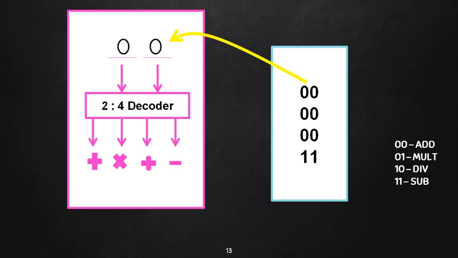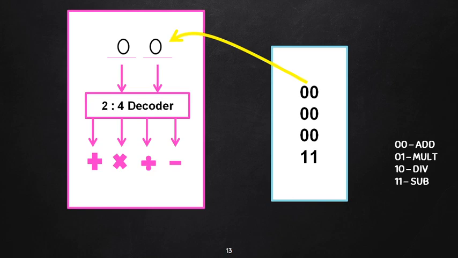The first combination is 00, that means to add. Again it is 00, that means again we need to add. Again it is 00, again add. Last it is 11, that means subtract. So when the microprocessor fetches a combination from the memory, it has circuits inside it to work on a particular instruction and to provide the output which is already in the ALU.